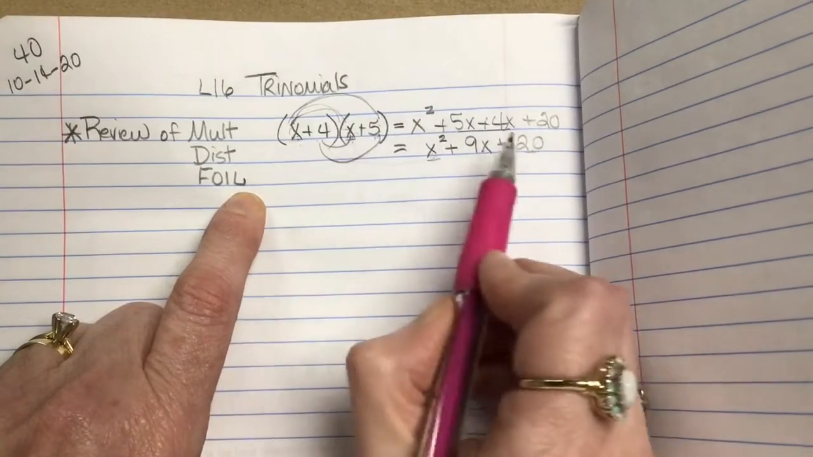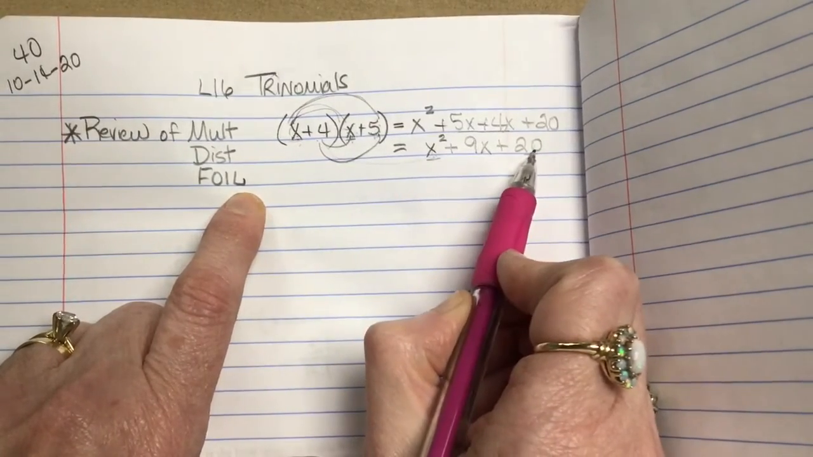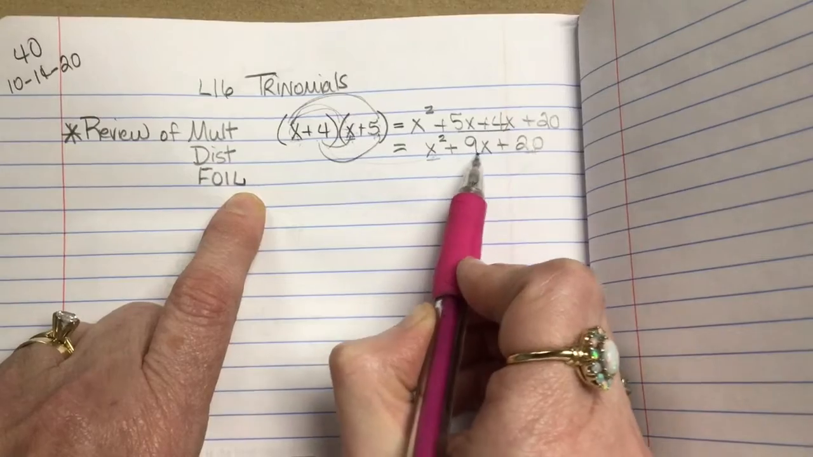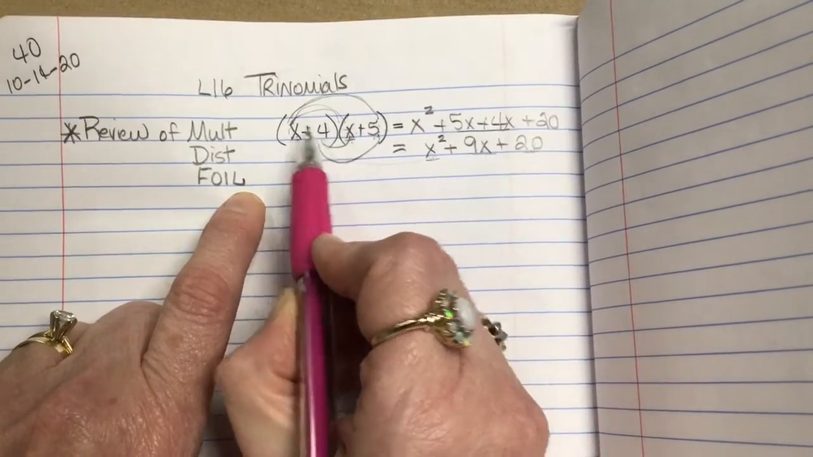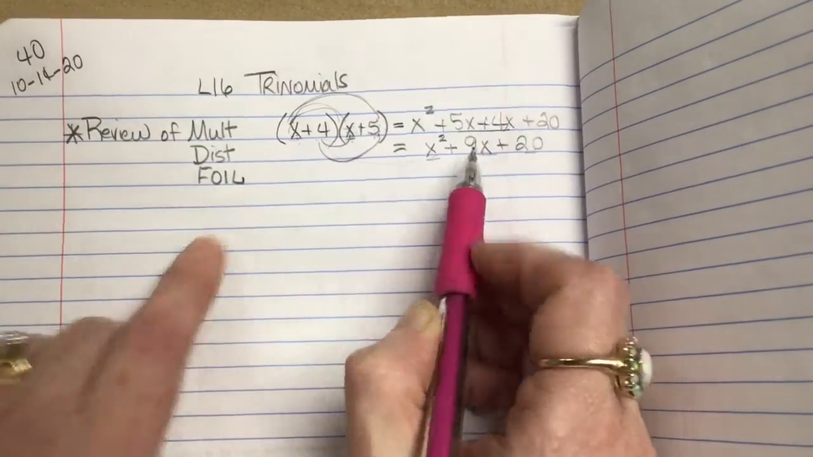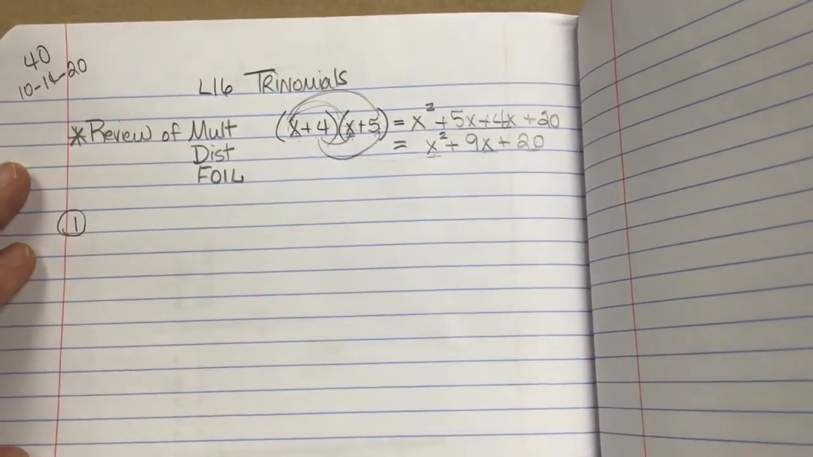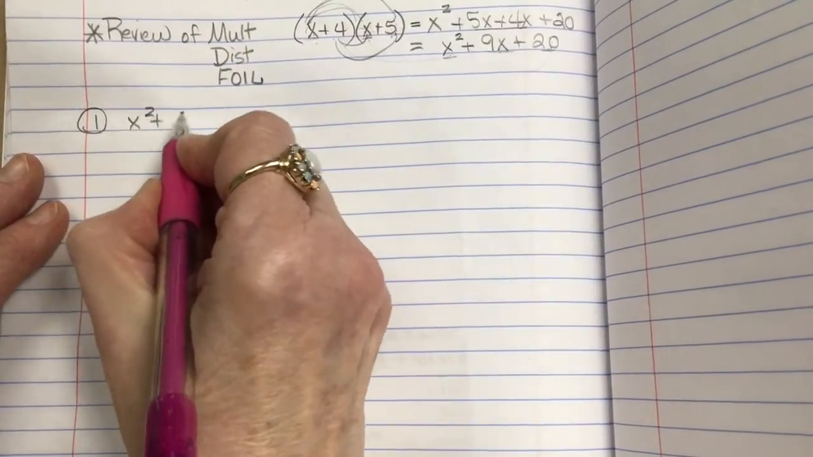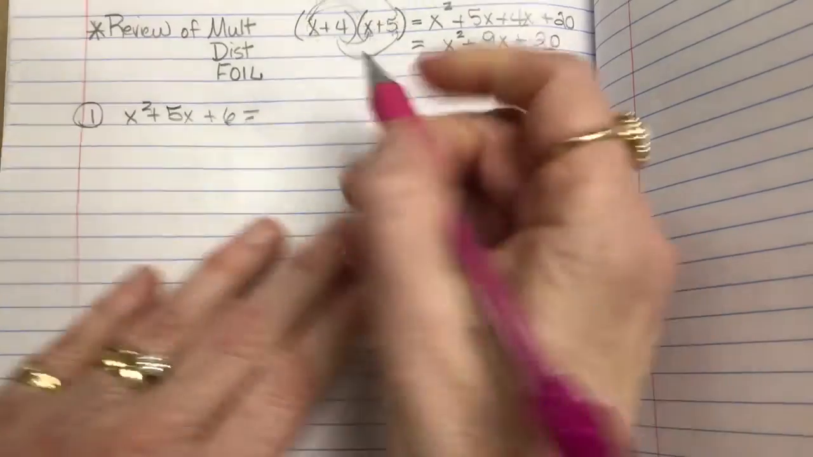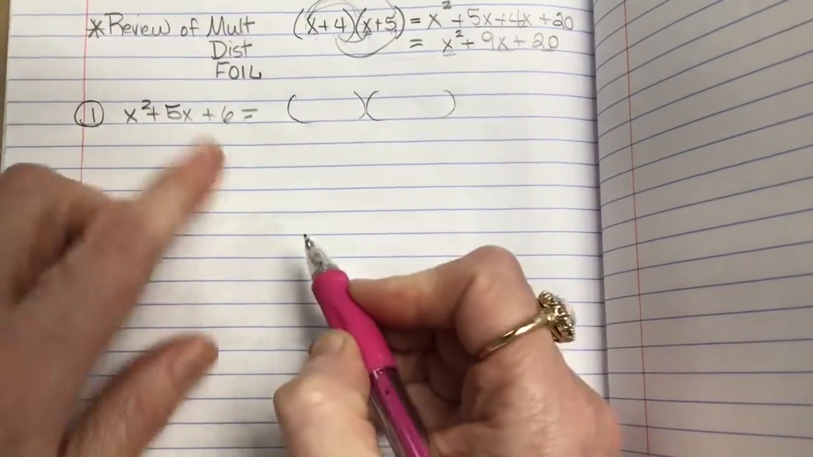The only problem is 4 times 5 is not the only number that's 20. So the relationship has got to come from that O and I, which is in this case the 4x and the 5x, which add together. Let's do a few. I think it'll come back to you. x squared plus 5x plus 6. We're wanting this trinomial in